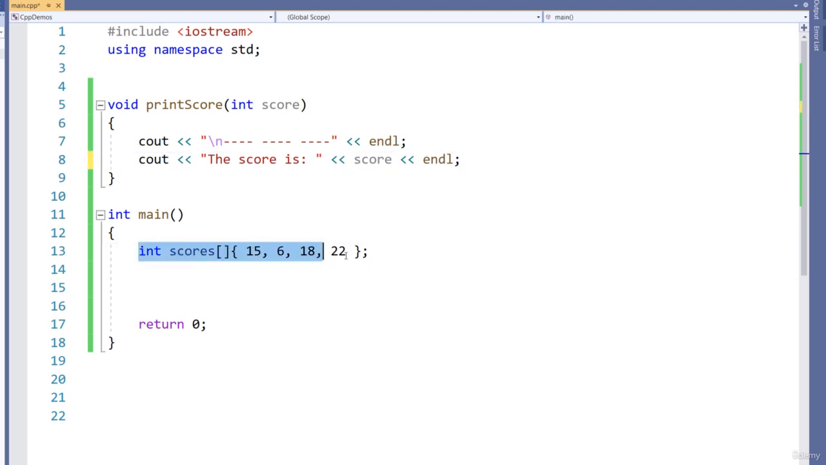It's a very simple example. In main, I have an array called scores, and I just entered a couple of random integers in there. Of course, you can go and write a program that enters it from the keyboard and everything, but as always, I'm trying to keep these things as concise as I can. So let's just call that print score function,